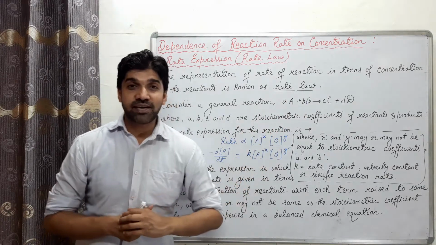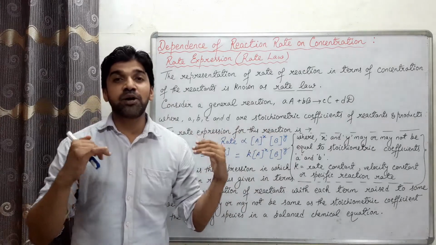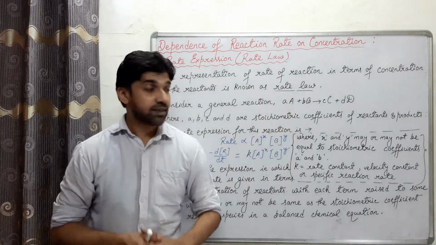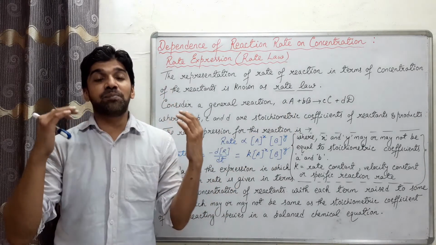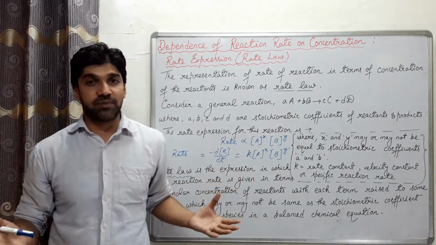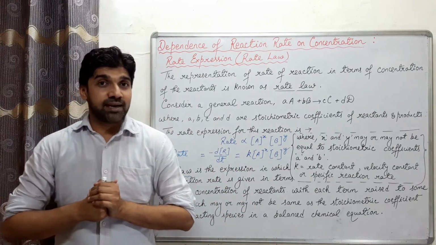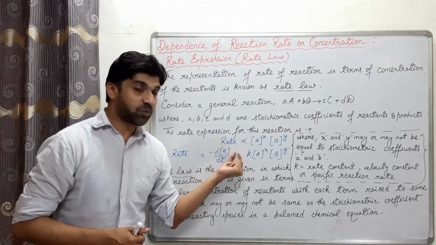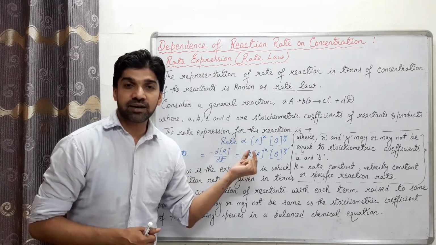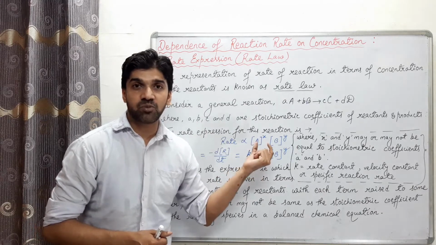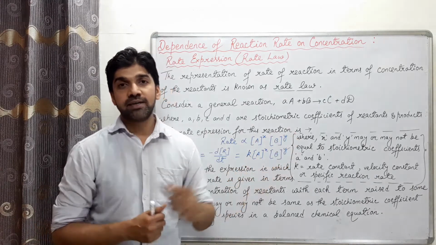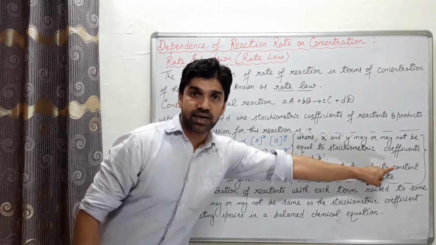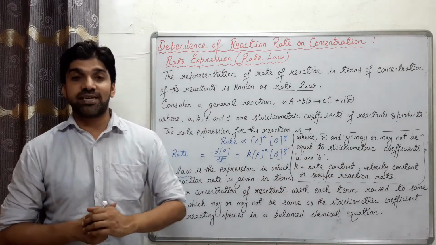यहाँ पे x और y क्या है? x and y may or may not be equal to the stoichiometric coefficients a and b. इन x और y की values a और b के बराबर हो भी सकती है और नहीं भी हो सकती. Now when we put equal to sign, then we give some constant. Here the constant is k. वही सम k put कर दे यहाँ पे. k into molar concentration of A की power x into molar concentration of B की power y. And this constant k is called rate constant or velocity constant or specific reaction rate.